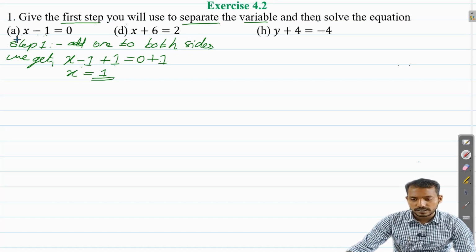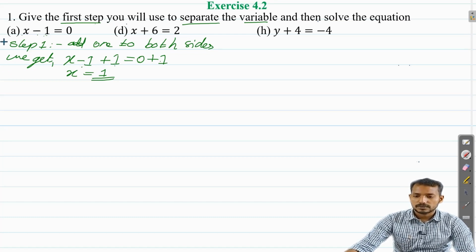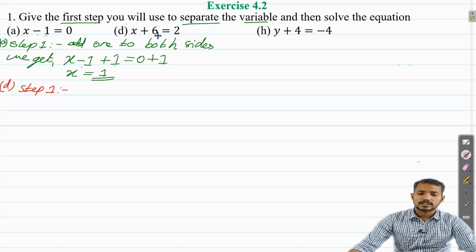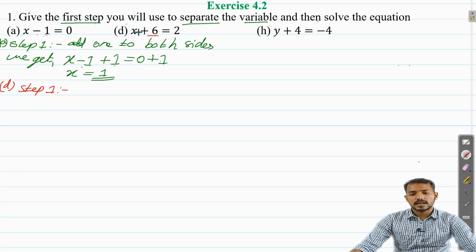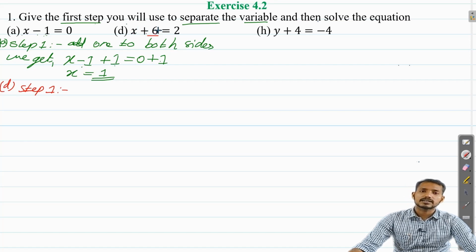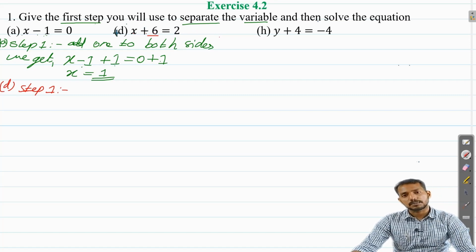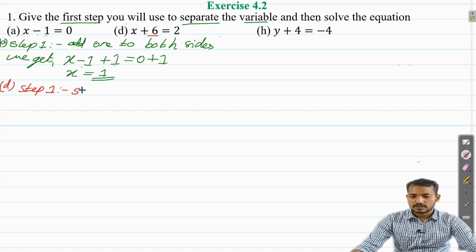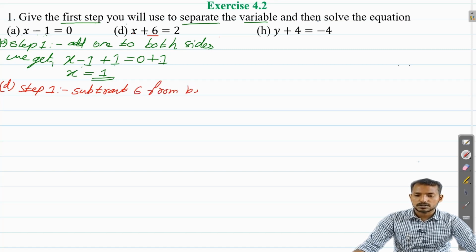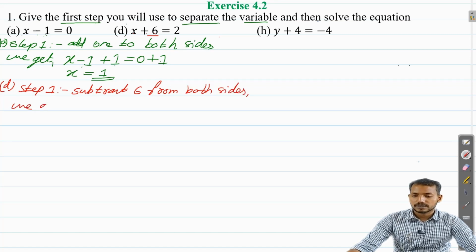Now let's take the option D here. This is option A. Option D. What is the step 1 we need to proceed here? See here, x plus 6. 6 is added to the variable, so we need to subtract 6 from both sides to remove 6 or to separate variable from this number. Subtract 6 from both sides. What will we get? We get